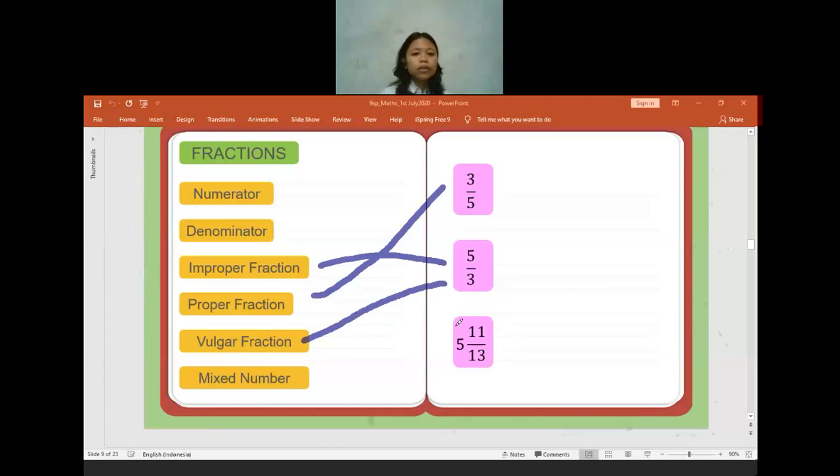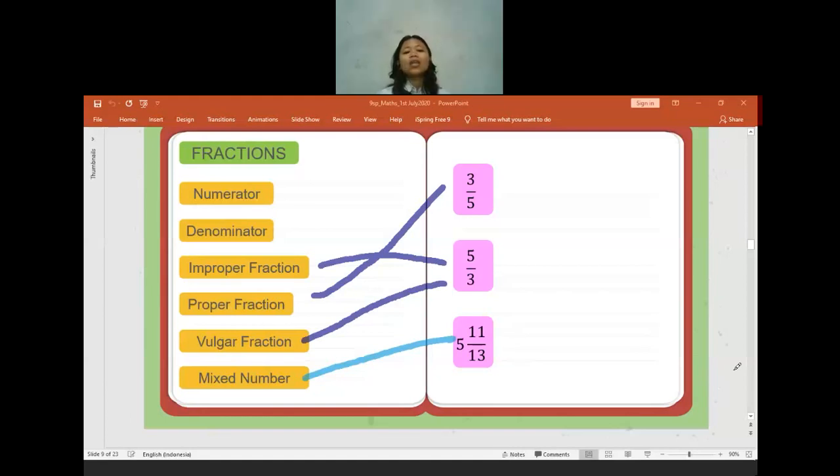Is there anyone who gets confused? Anyone? Or is there any trouble with my voice or something? Hello? No, teacher. Okay. No difficulties, not getting confused? Okay. So which one is the mixed number? Bottom. Yeah, okay. This is the mixed number. Is there anyone who has difficulties differentiating all the terms in here that we have: improper fraction, proper fraction, vulgar fraction, and mixed number? Is there anyone who gets confused? No. Okay. If you have no difficulties, it means I can move to the other section of the fraction.